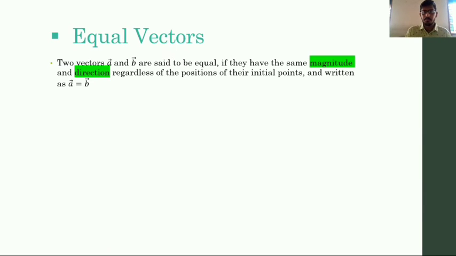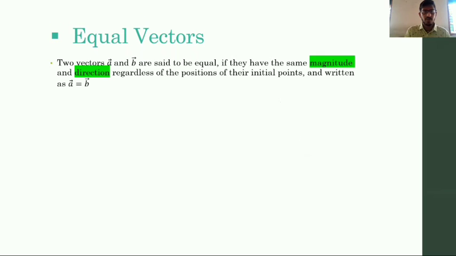Now see, suppose this is the vector A. Next, vector B, where the two vectors are parallel. The magnitude and direction of vectors A and B are the same, so A and B are equal vectors. They are always parallel; otherwise it is not an equal vector. Is it clear?